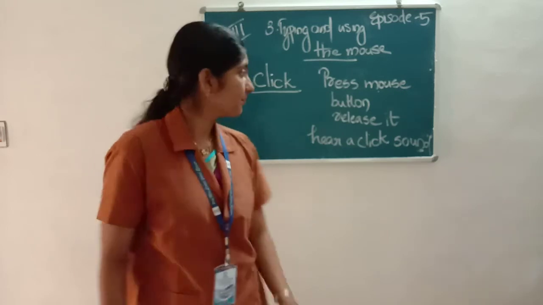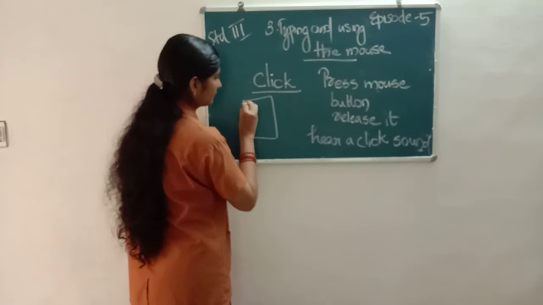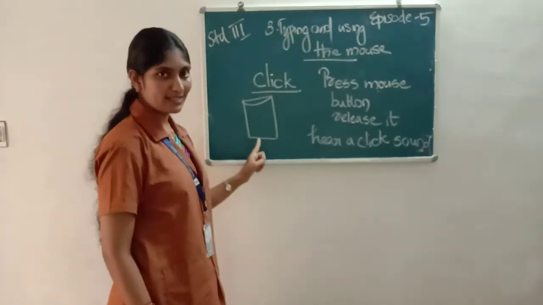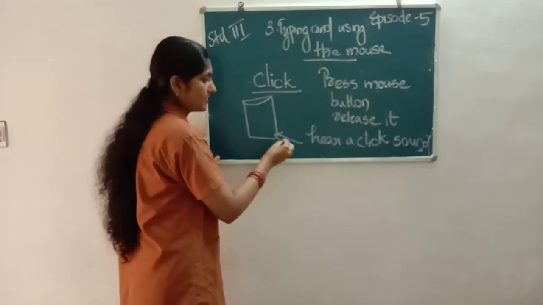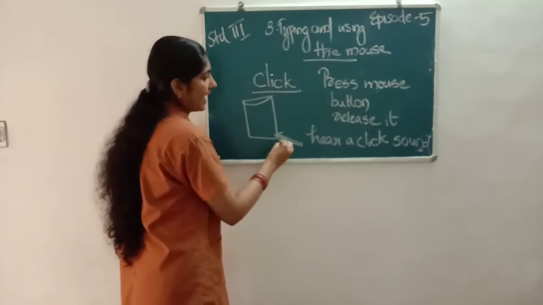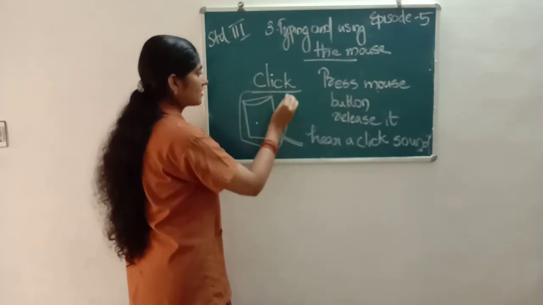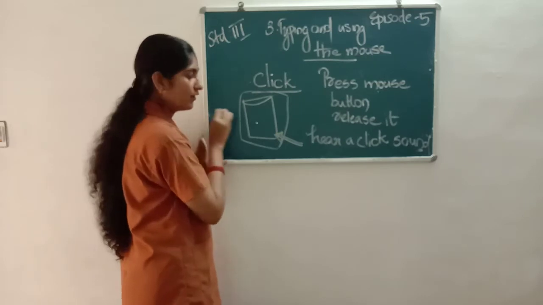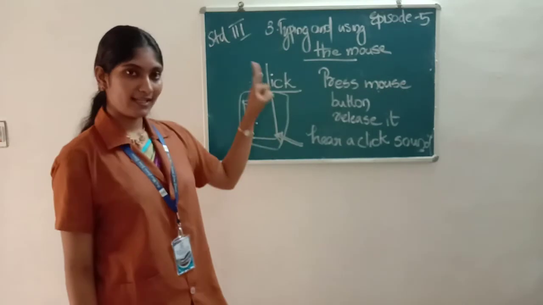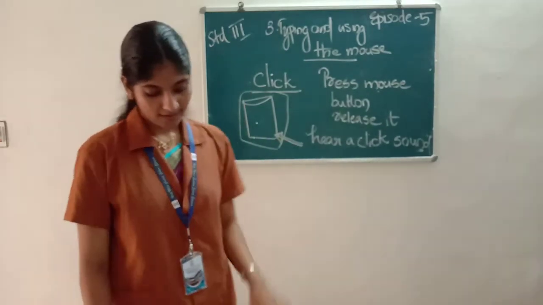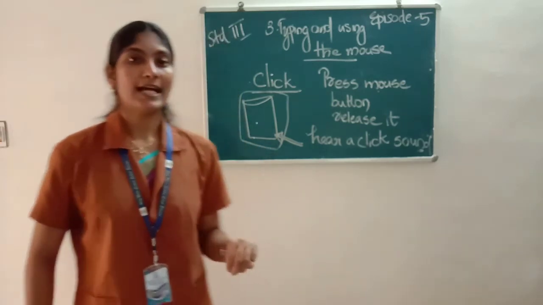Then an example. So here this is a folder. If you want to click this folder, first of all just point the mouse pointer and then click this folder, a selection box will appear around the folder. So that is the process of click. So when we click that, it will be selected. Okay.